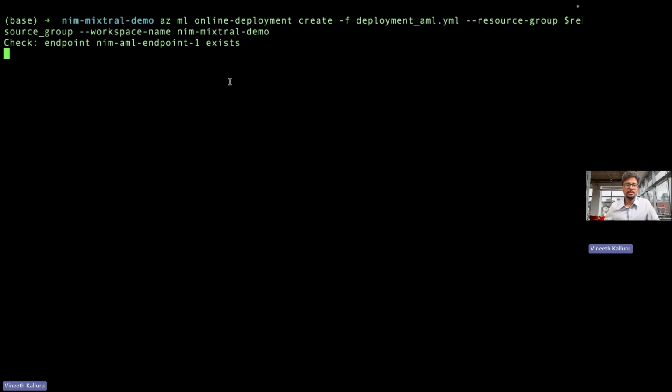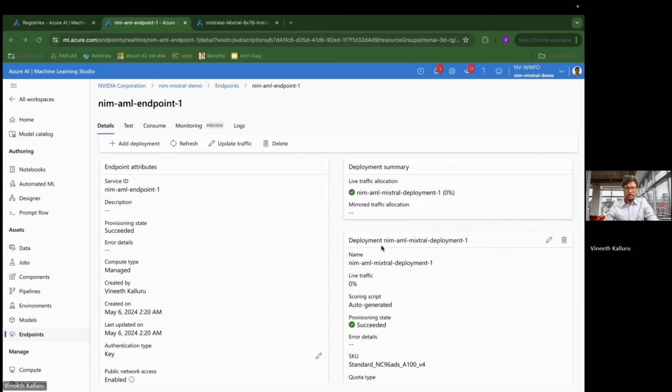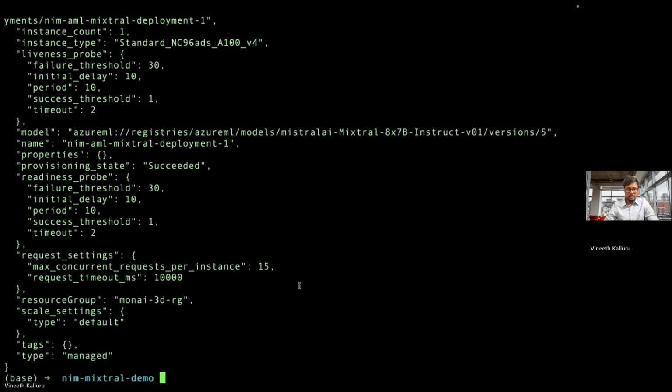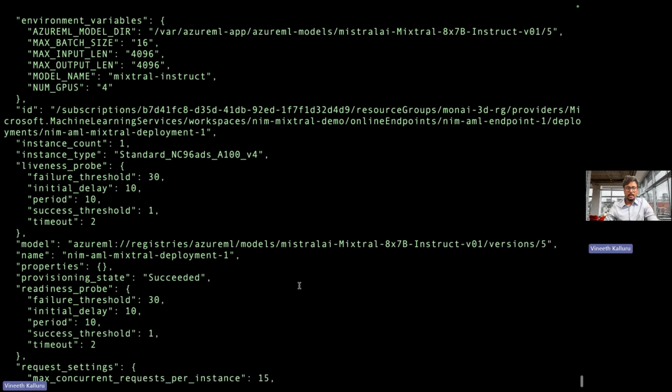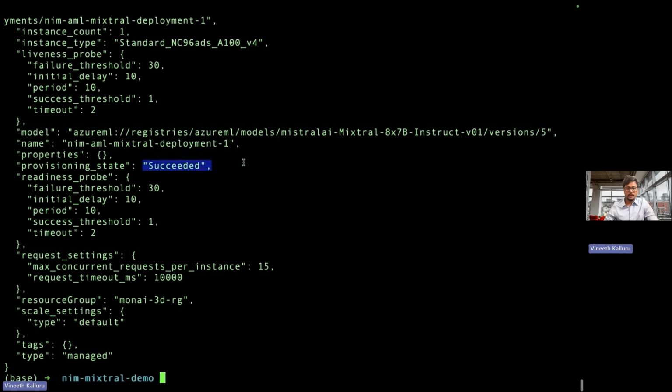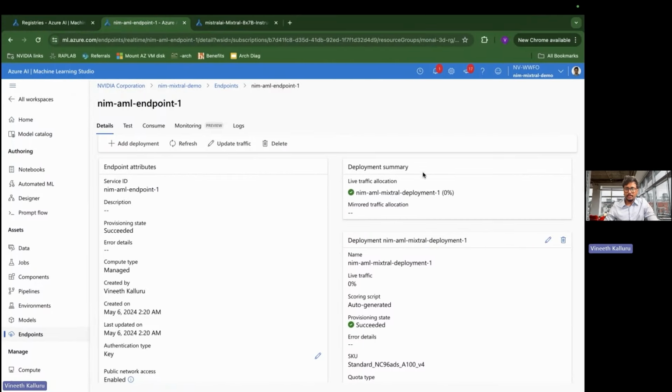That's it. All right. So the deployment has begun. This will take some time. We are done with our deployment. We can see that the deployment says it succeeded, and we can see our deployment being